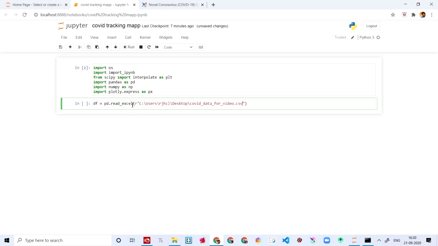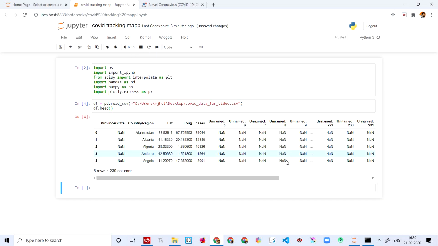And here if you're gonna put it as csv, then here also pd.read_csv. You're supposed to put that. And if it doesn't show any error, you're damn lucky. You are lucky enough to move ahead. So if you want to print it out, I'm gonna say df.head. It just prints out 5.